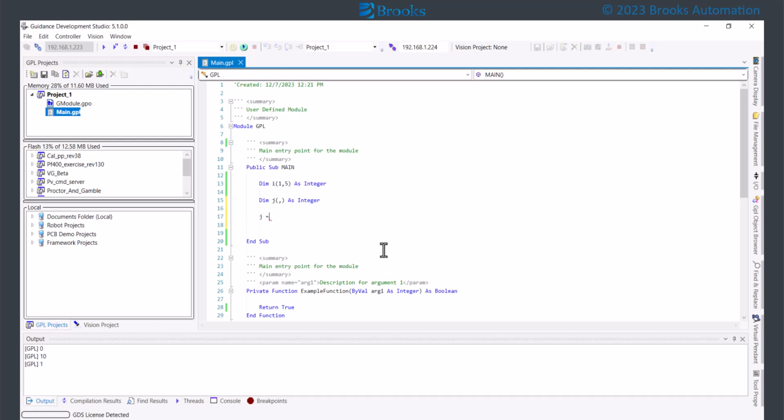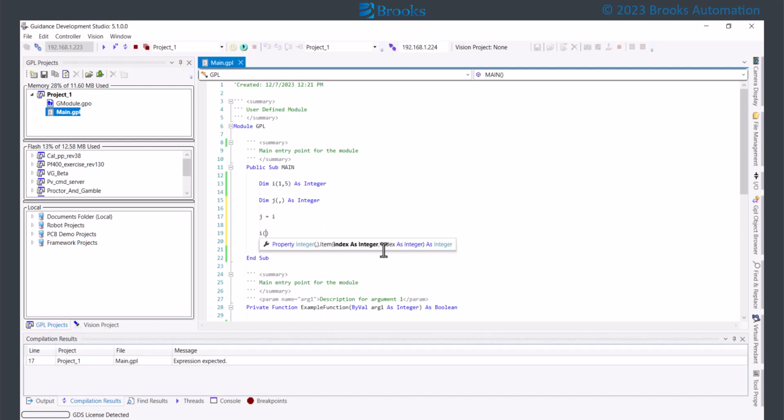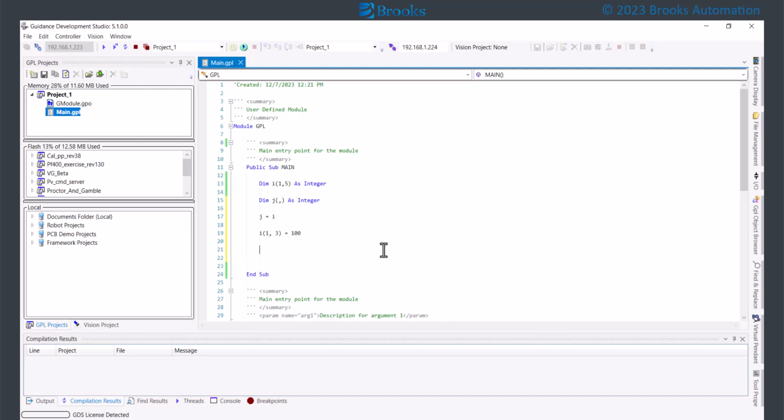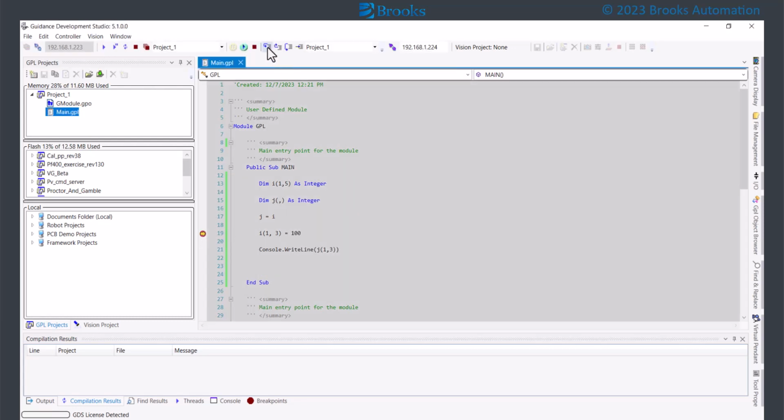Whole arrays may be assigned to each other with a single statement. When that occurs, the data is not actually copied, but a pointer to the data in the right-hand array is copied to the left-hand array variable so that both array variables access the same data. This behavior is similar to object variables. In our example, we will assign one array to another. If we modify the first array and print out the same index in the second array, we can see the